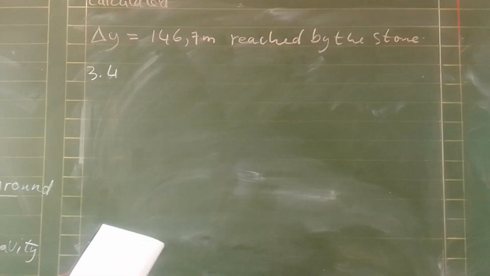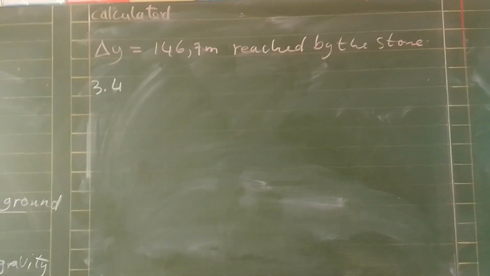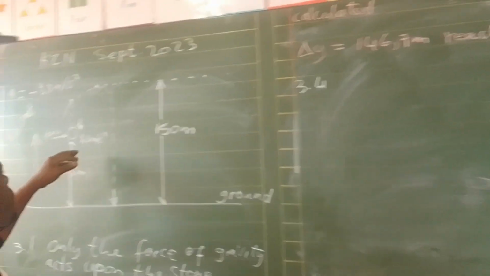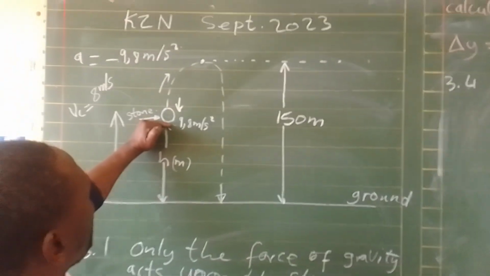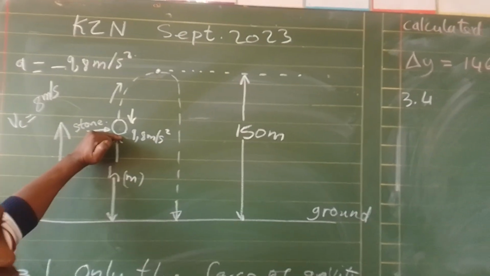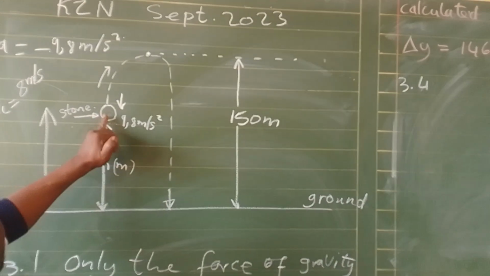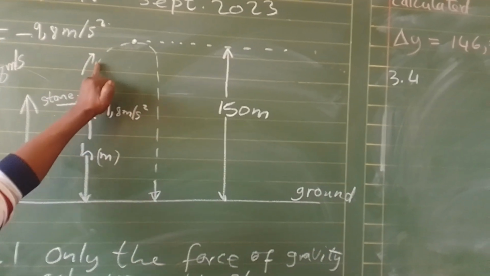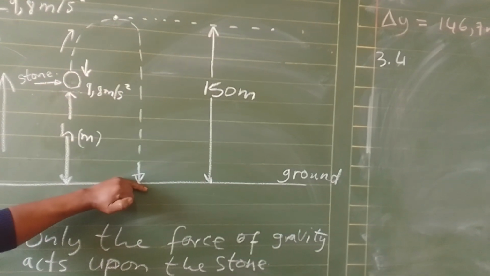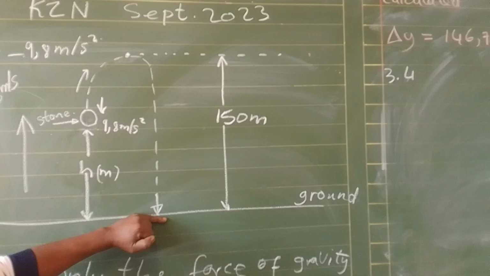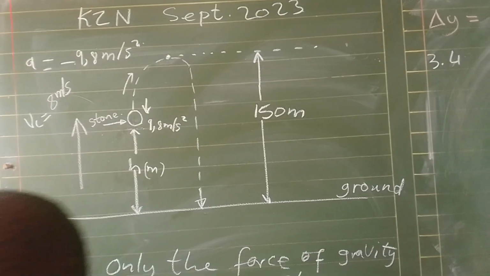They say determine the time taken for the stone to reach the ground. Now we need to determine how many minutes or seconds or hours the stone took from going all the way up and coming back to hit the ground. That is the time that is required of us. Now, for that time, we are going to use